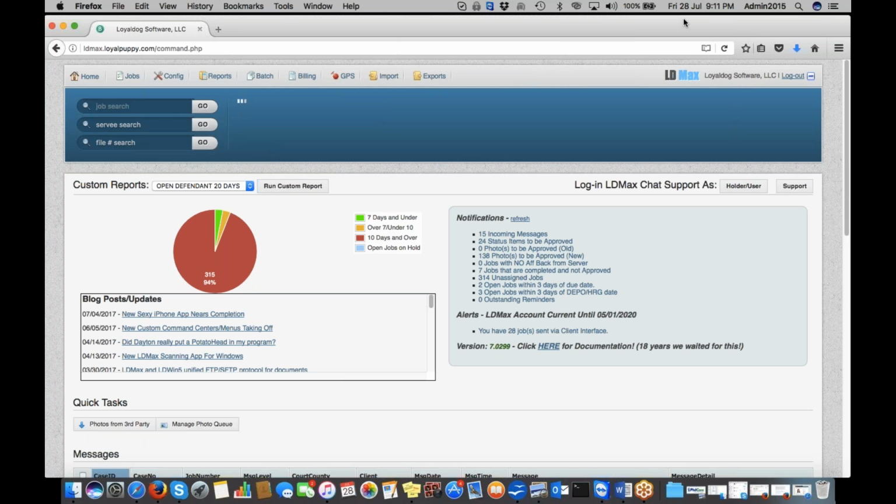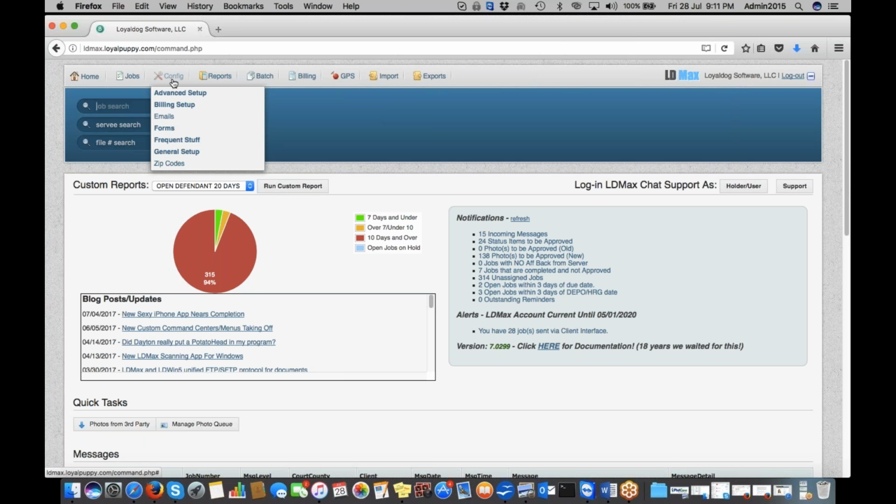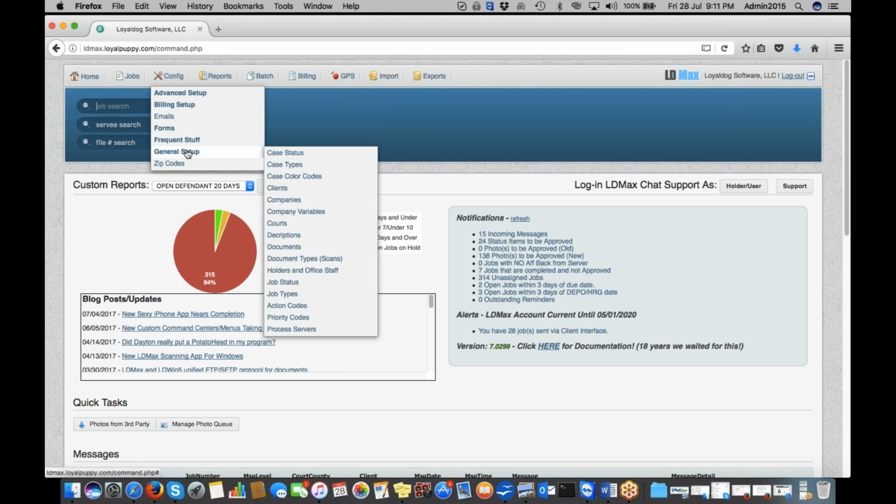Okay, so first thing we need to do is go back to how you're going to set up clients and companies. So just have a quick review. And remember that clients are law firms that give you jobs, and companies are process serving agencies that give you jobs. So, for example, if you are going to set up a new client,